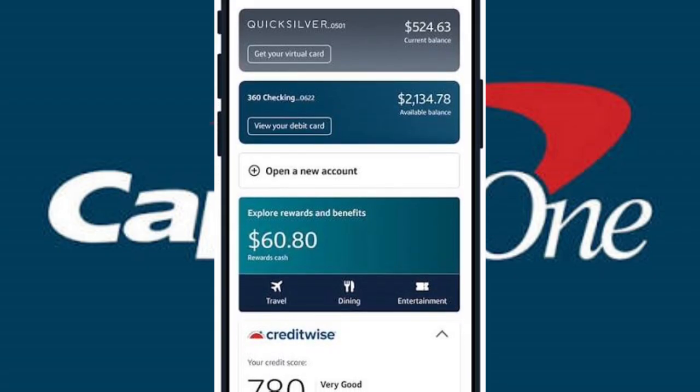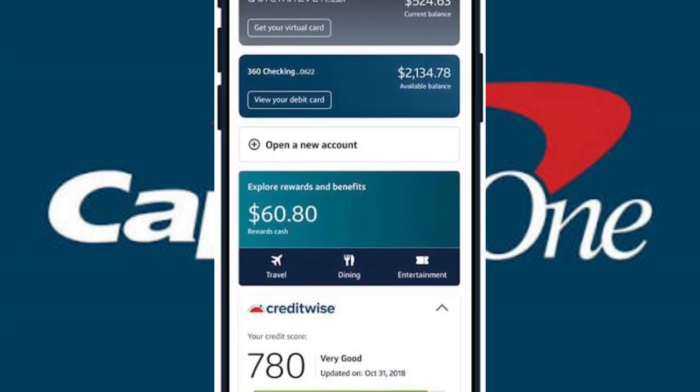Be sure to log into your Capital One app and pay off the full cash advance amount immediately to minimize